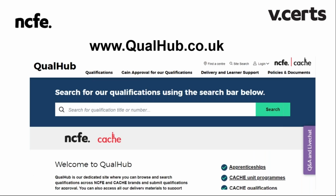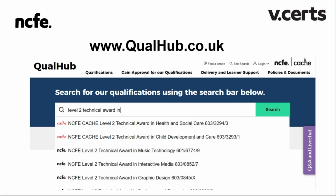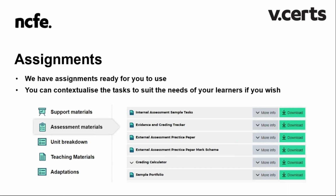Now, QualHub is going to be your primary go-to for resources, the specification, assessment regulations, and so much more. The best place to begin is your own subject page. If you begin typing your qualification into that search bar, if you know the qualification code, or even just Level 2 technical award, you will get a list of options there. And once you're on your page,